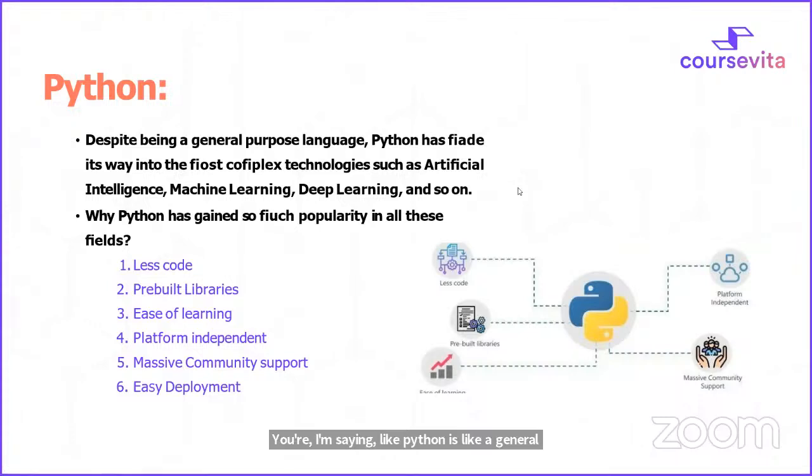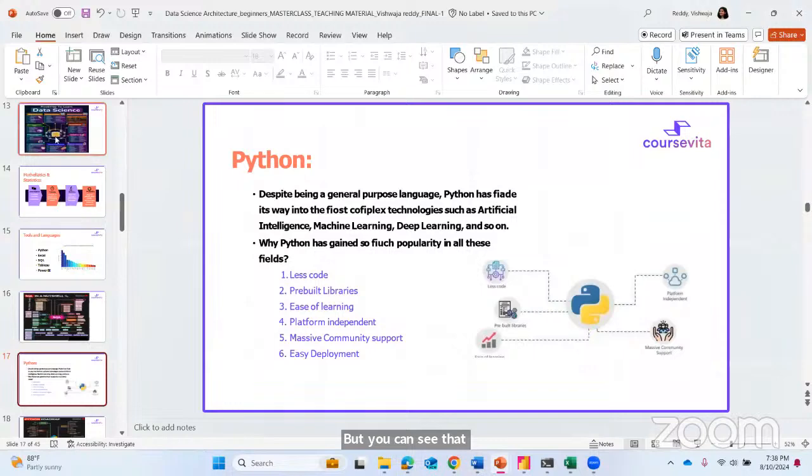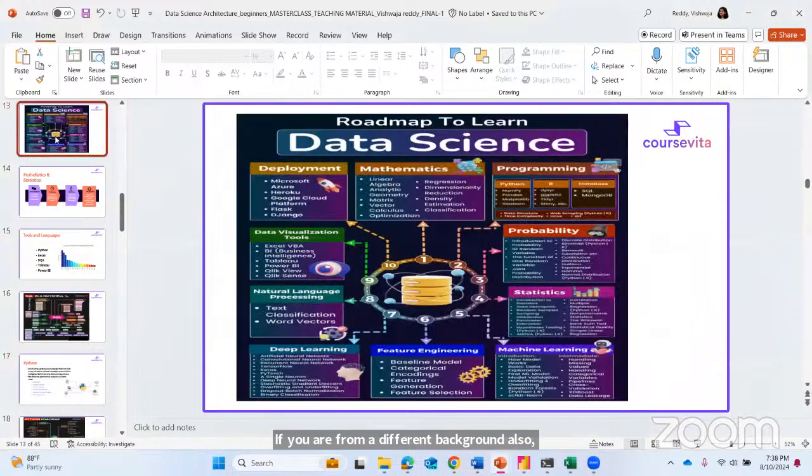You may feel that you're not from a coding background, but even if you are from a different, non-coding background, you can learn Python because it is not as complicated as C or Java. It is much easier than other languages. If you understand how the data is flowing and what the logic behind it is, then it is easy to learn Python.